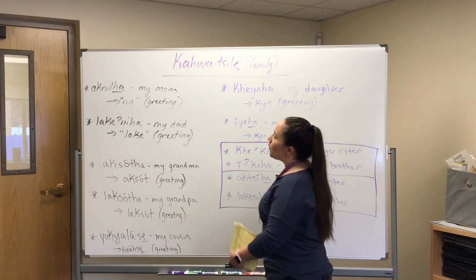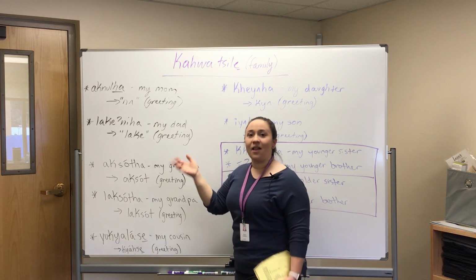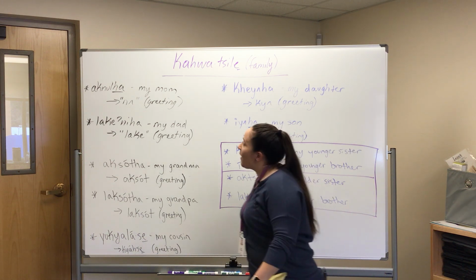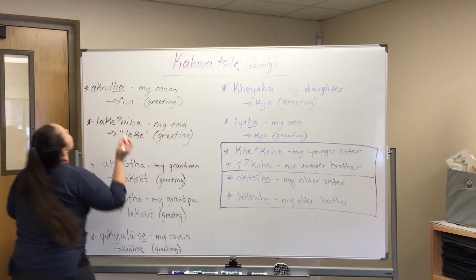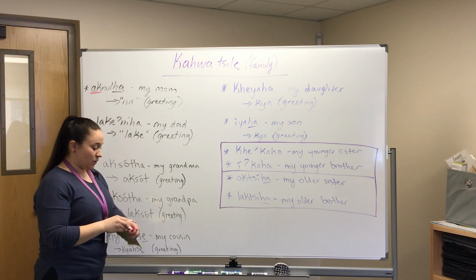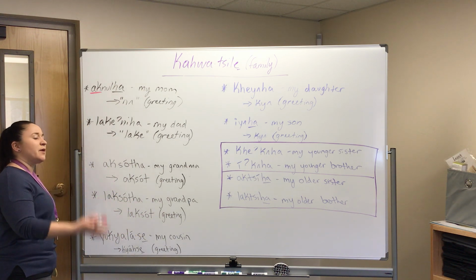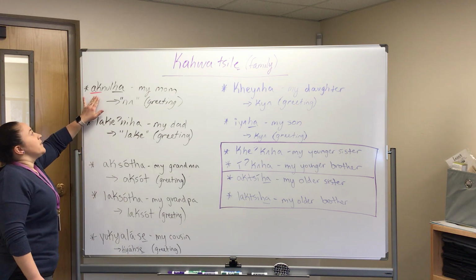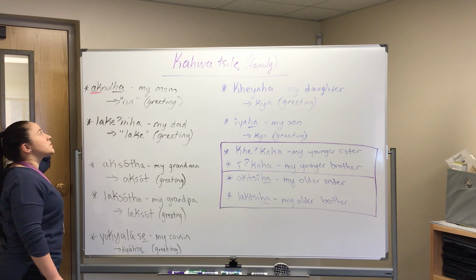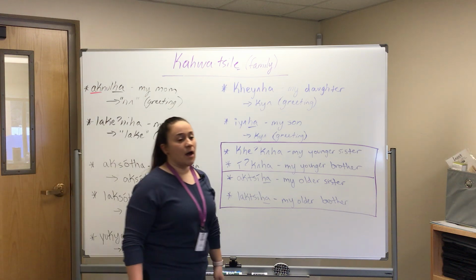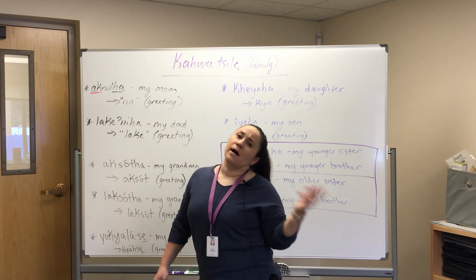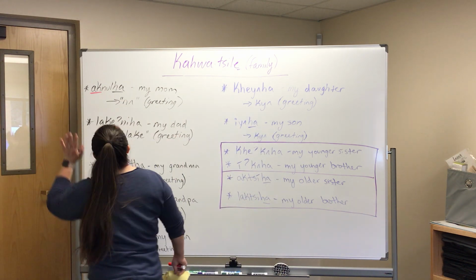So our first word here is agnoha. That is the word for my mom. You can change this a lot of ways too. The people-to-people pronoun is her to me, and sometimes it changes a little bit. If it has a Y, it'll drop off. It's usually yug or some variation of that word. But in this case, because it's the beginning, it's ug, so it's my mom, her to me. You can change that a lot of ways too, because you could say zanoha, your mom, or her mom, his mom, things like that. But this is the main one.